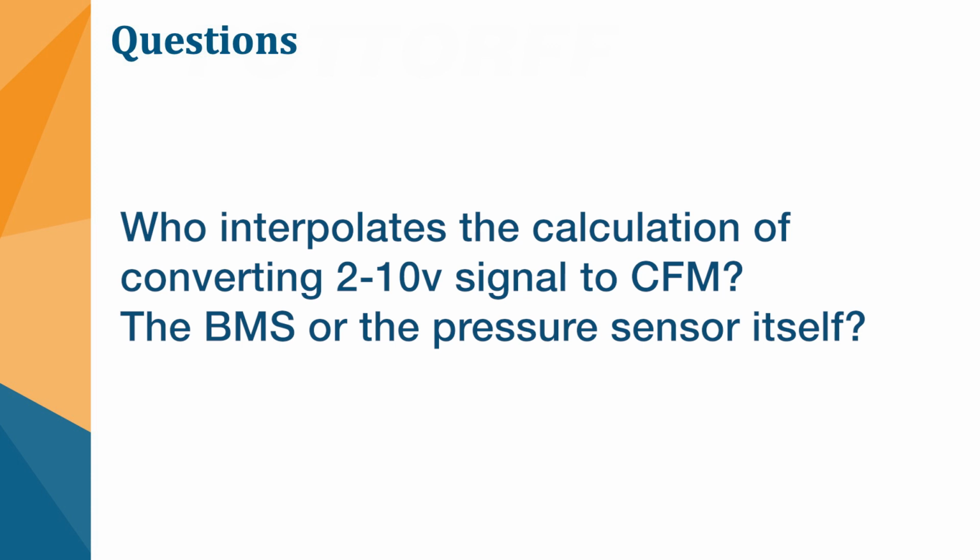If you're dealing with the Scout DP, that's going to be calculated through the app. Now, both of these are going to send out that 2 to 10 volt signal that correlates to that CFM. So they're not going to send out a CFM. They're going to send out that 2 to 10 volt signal that then goes back to the BMS. Typically, it's not going to send out an actual pressure or a CFM. It's going to actually send that 2 to 10 volt signal that the BMS can then use to figure out your